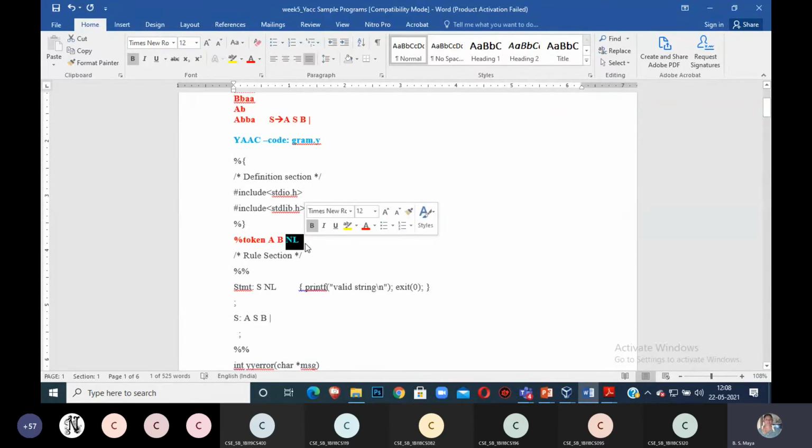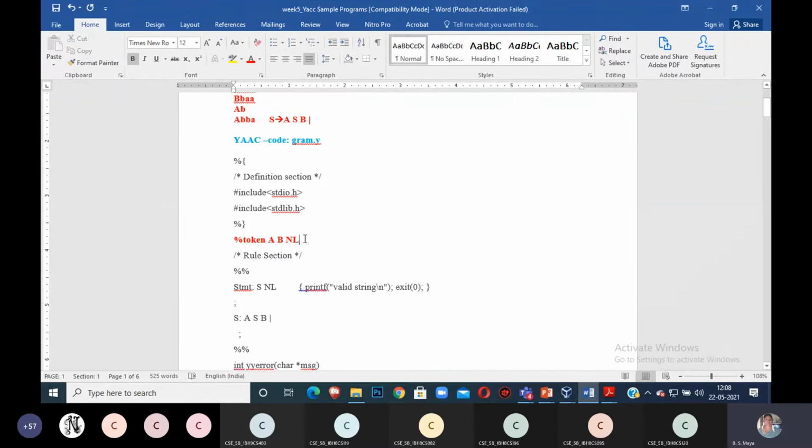If you press enter, that enter is also read as one character. I don't want to return anything for that enter, so I declare one more token, NL, for the null character.